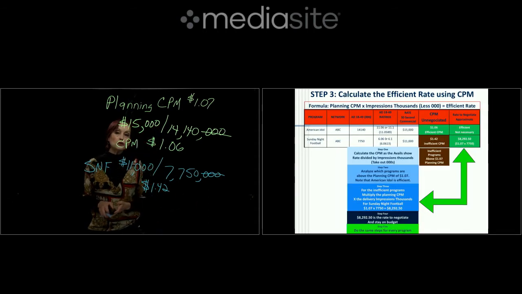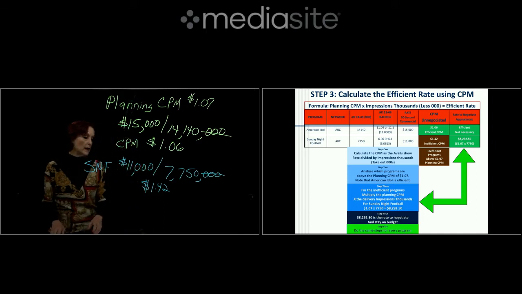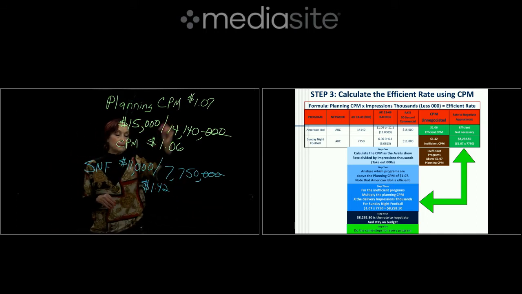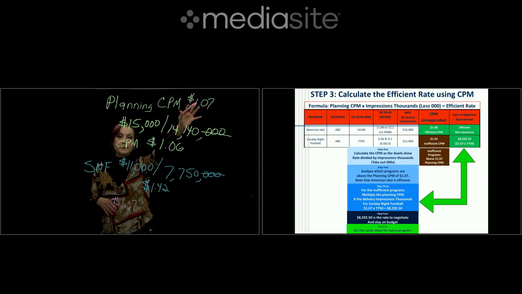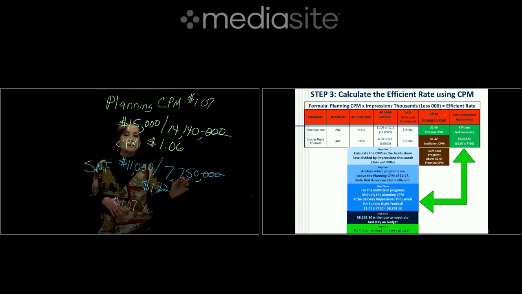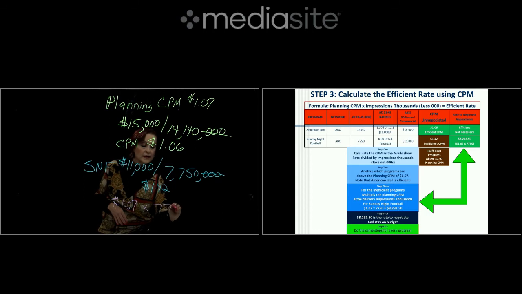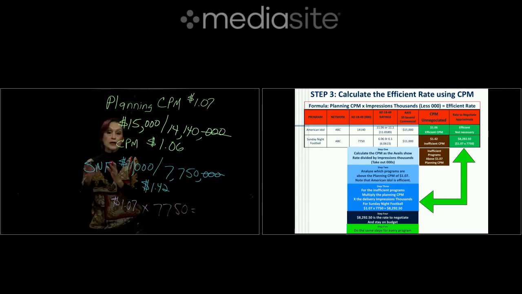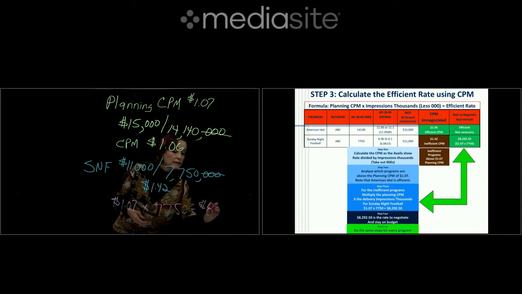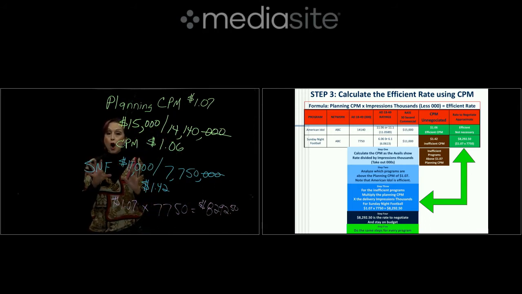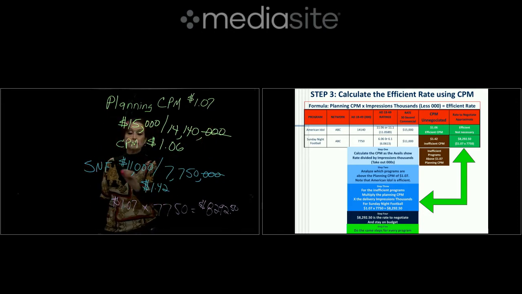So here, what you need to do now is take the planning CPM, which is $1.07, and multiply it by the delivery, which is 7,750. When you actually do this multiplication, the resulting rate is 8,292.50. So we know that this rate needs to be negotiated from the 11,000 to